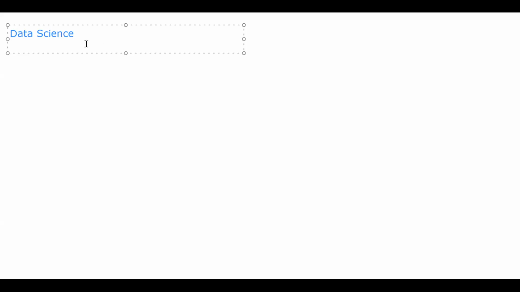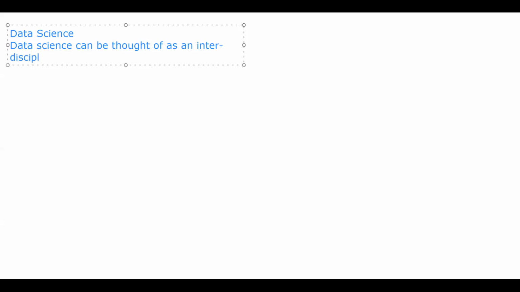So I can think of data science as an interdisciplinary field. Data science can be thought of as an interdisciplinary field which encompasses knowledge of... Now we've said that it's an interdisciplinary field, right? So what are those? Which encompasses knowledge of